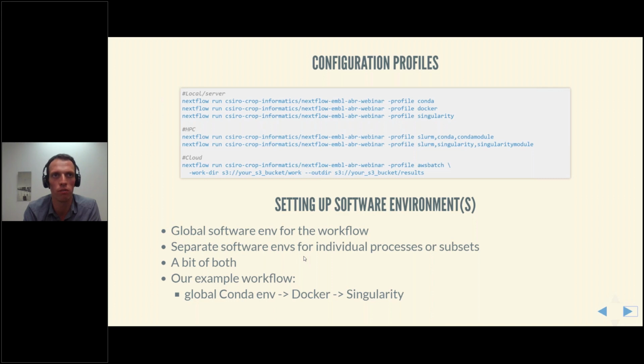Perhaps you have a default environment for generic processes using standard Linux tools, and then you have something very specific for a process that uses some obscure tools that might not be normally available. So for the workflow presented here, we have a Conda environment captured in a Docker container and a Singularity container built from that as well.